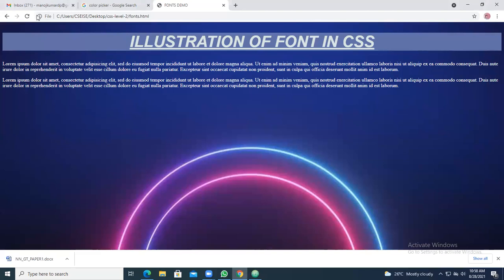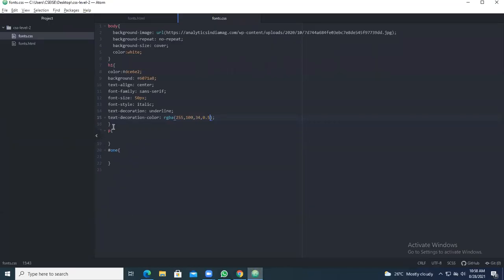So see what the decoration color is. You have done the decoration for underline. In order to underline, you can have different style, different color here. That color will come here and apply for this one. Okay, so that is for H.